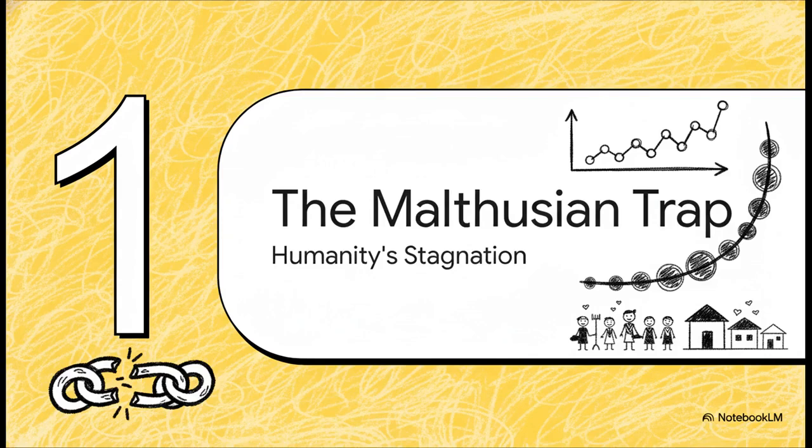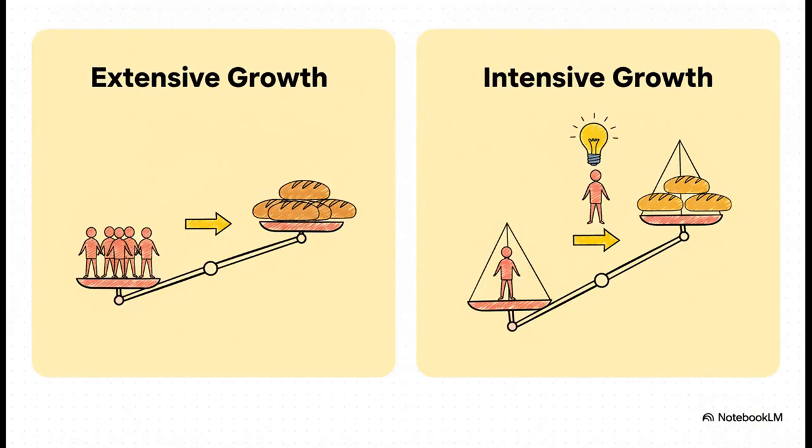So to get a grip on our present, we have to go way, way back into our past. And the truth is, for most of human history, we were stuck. Seriously stuck, in something historians call the Malthusian trap. And at the heart of this trap, you find two very different ways for an economy to grow. Okay, check this out, because this difference is absolutely crucial. On one side, you've got extensive growth. It's pretty simple. You add more stuff in, more farmers, more land, and you get more stuff out, like more food. But here's the catch. The average person isn't any better off.